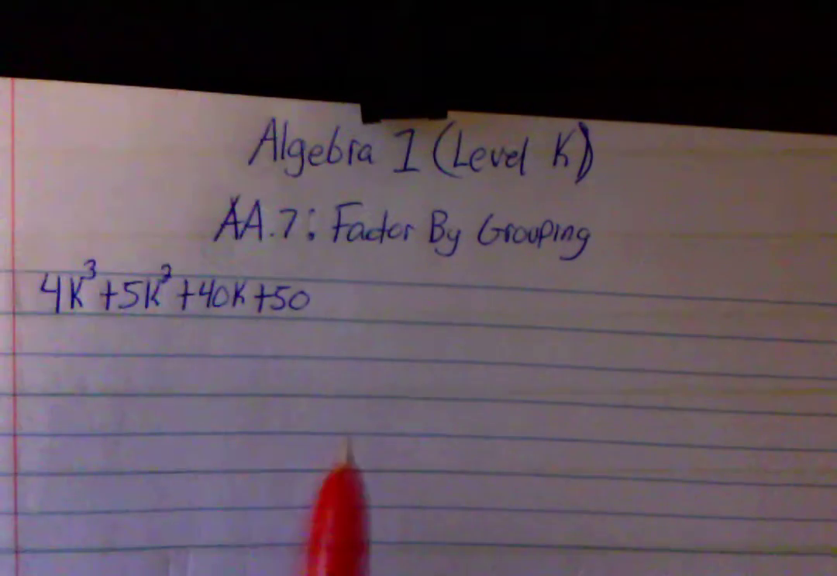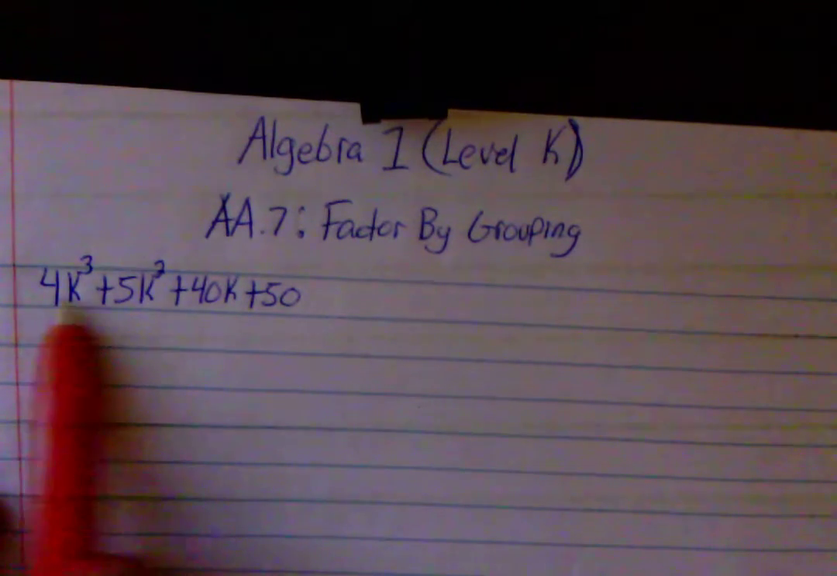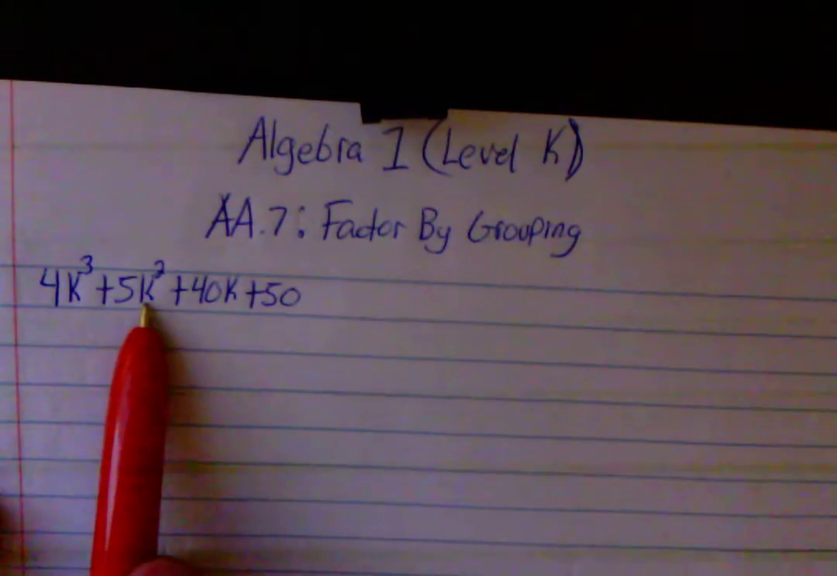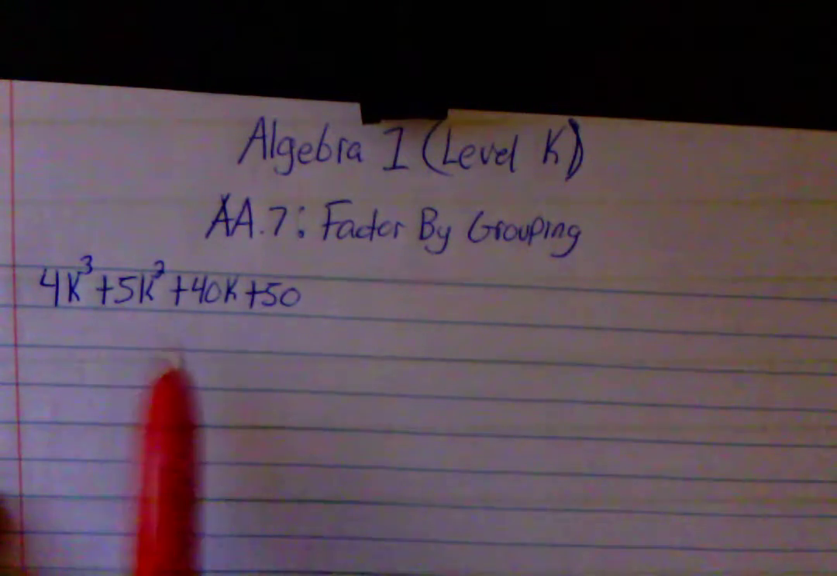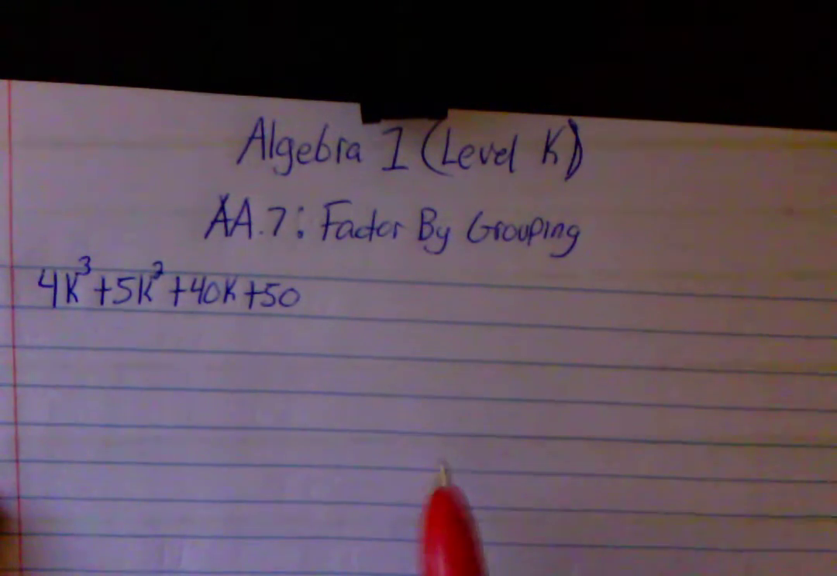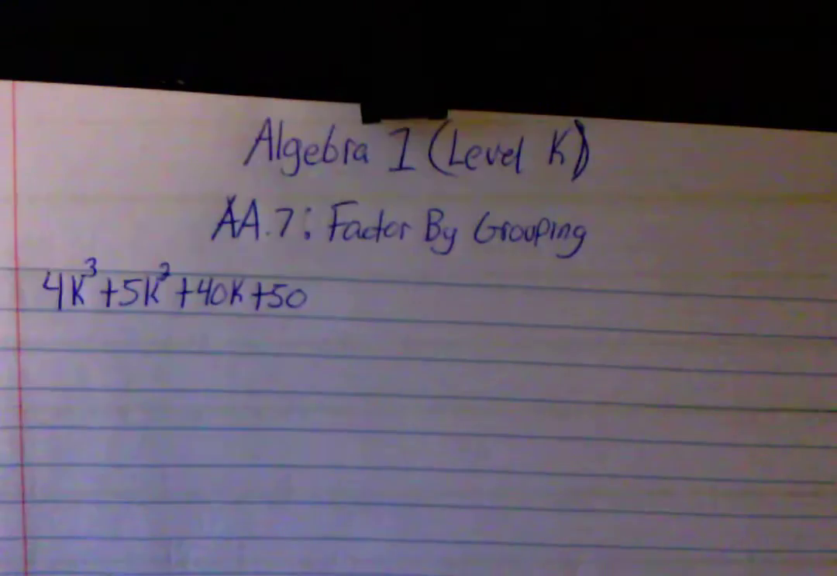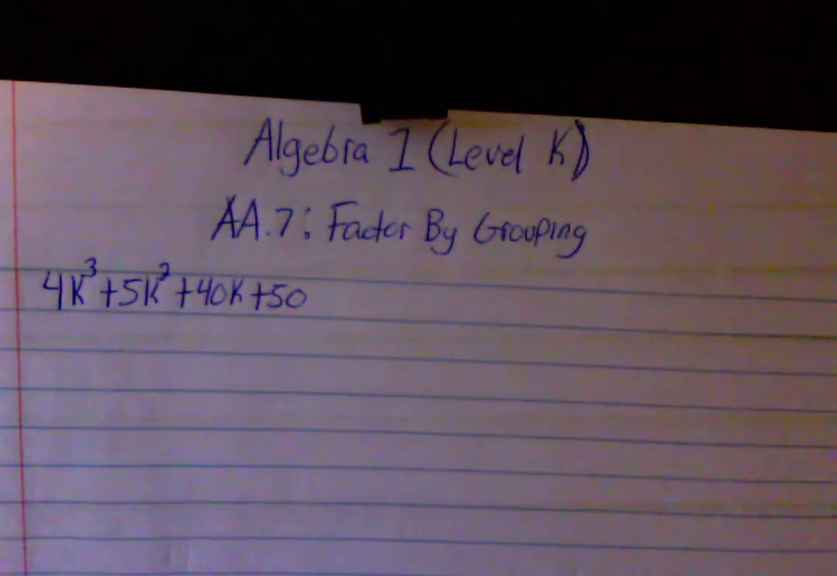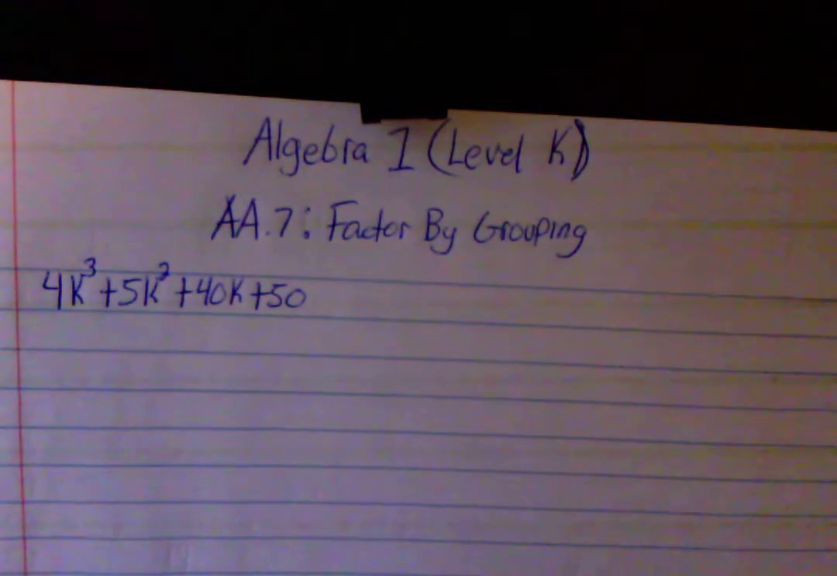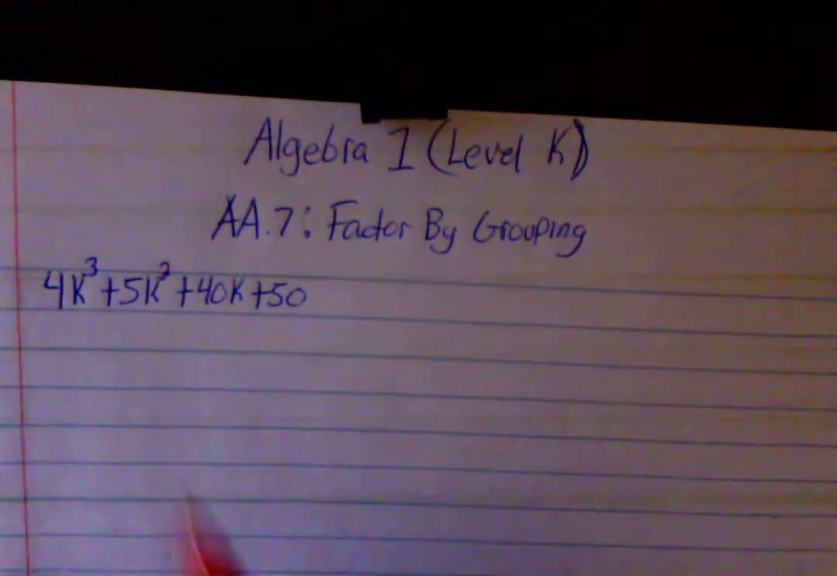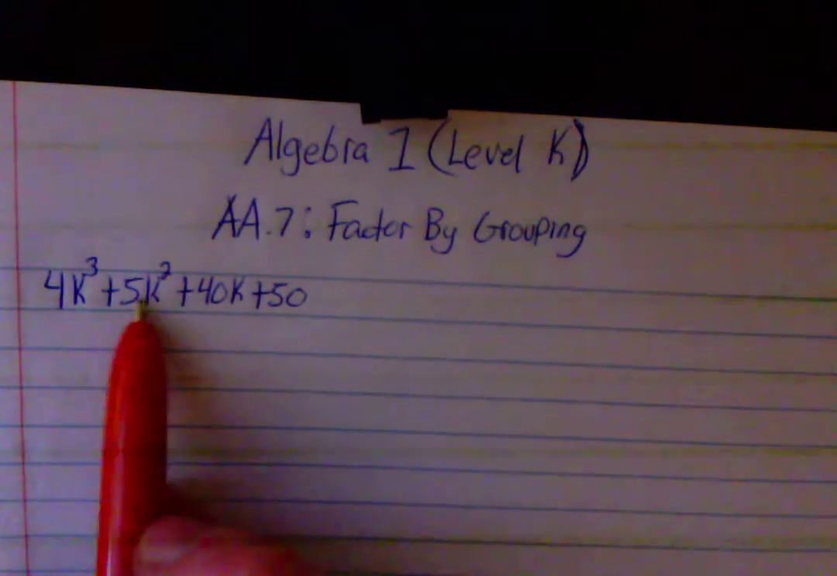So we're going to find which two terms we can group together and another two terms that we can group together. The point of this is so that we can find a greatest common factor between both of those pair of newly found binomials. Okay, so if I look at 4k to the third and 5k squared,